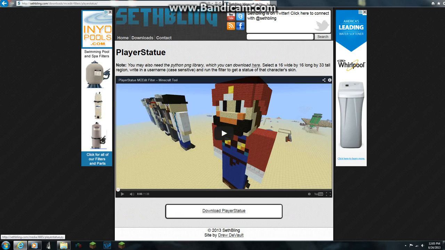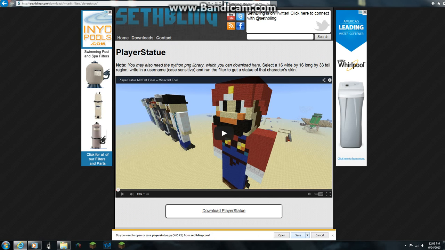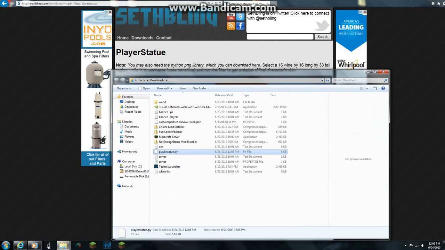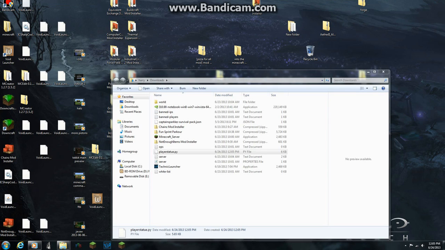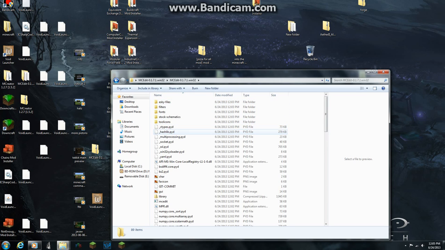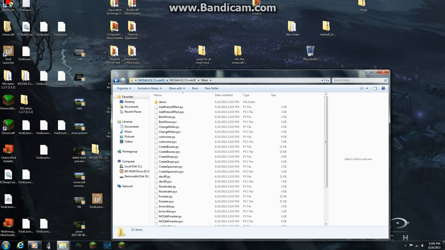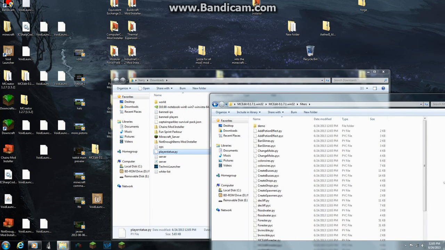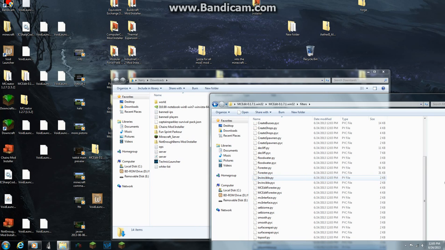So now click this and download player statue, save, folder, and then you have this file. Now open up MCEdit. So open up this first file, MCEdit 0.1.7.1 Win32. Now open it up and open up the file that says filters. Now you get your file, player statues, then move to filters. Now it's in there.